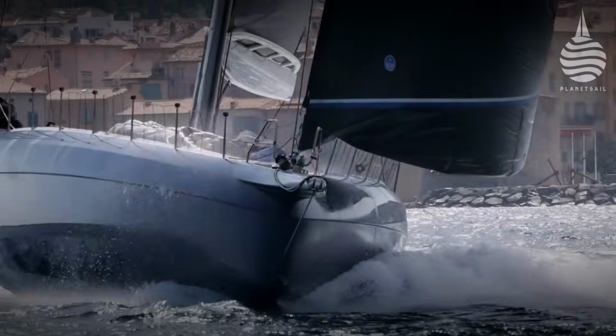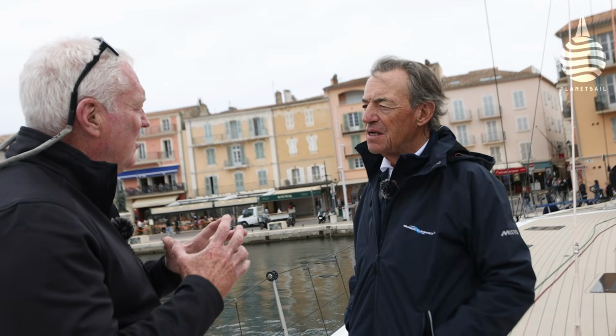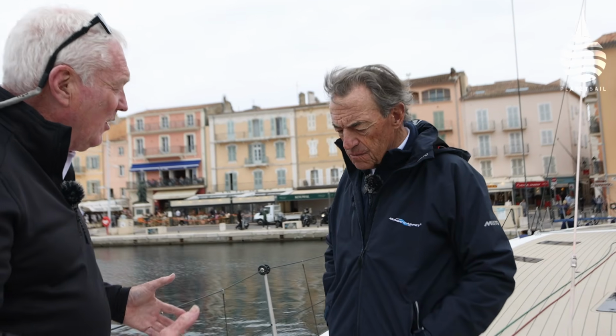But given the impressive list of technical aspects aboard Magic Carpet E, there was one question in particular that I was keen to ask. Do you see this boat as being something that you hope will inspire the industry or perhaps other owners to have a go at, maybe not race boats, but to utilise some of the technology that you've developed? I'll be egotistical first and say, look, if it would inspire a few competitors and others to build new boats, I'd be thrilled, because